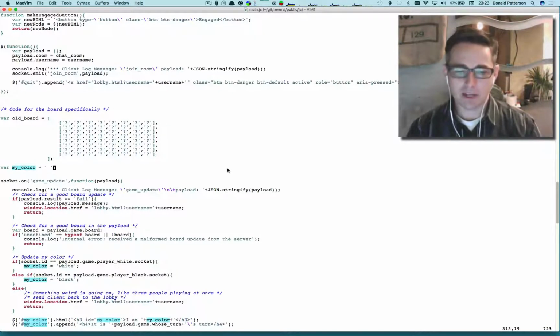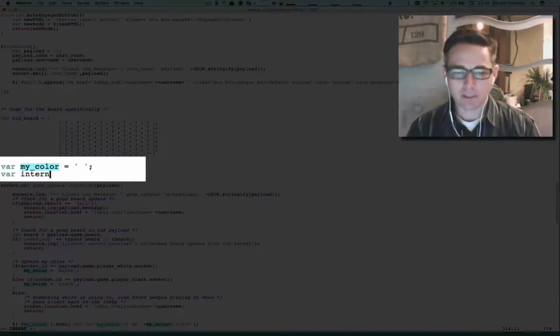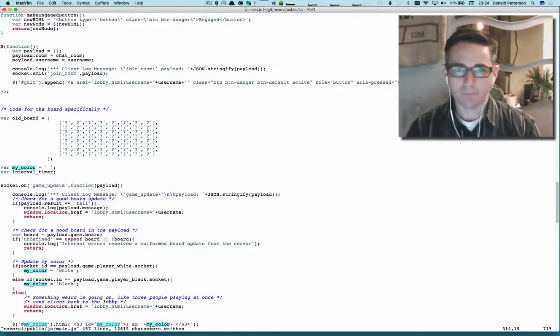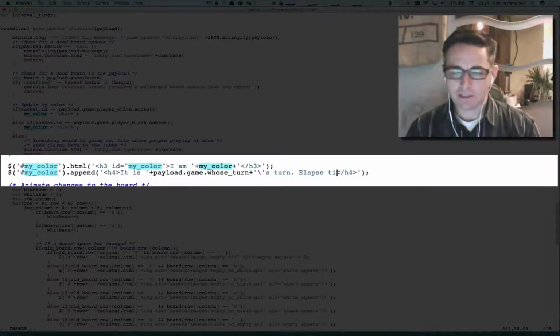So in main.js, let's go to where we declare myColor, and because we're going to be presenting both myColor and the elapsed time right next to each other, let's create a variable that's going to be the interval timer, and that can go right below myColor. Then let's go to the place where we update myColor, where we say it is whoever's turn it is, and add on to the end of that some code that says elapsed time,